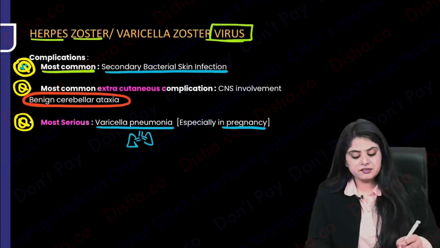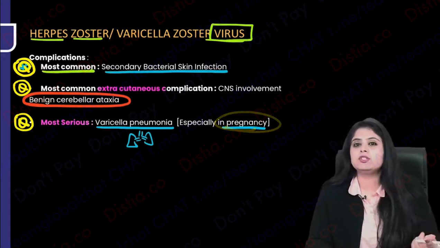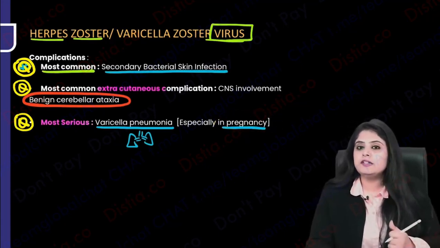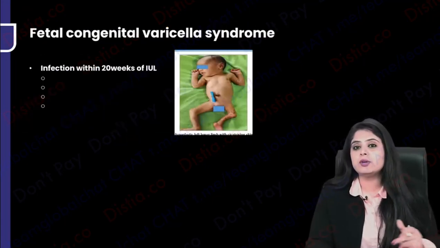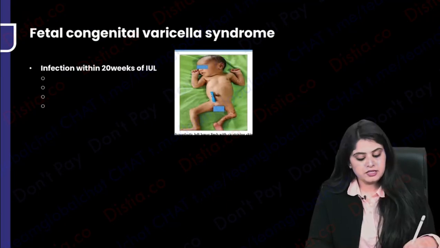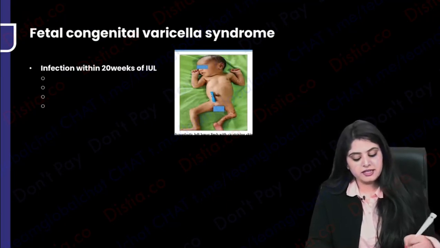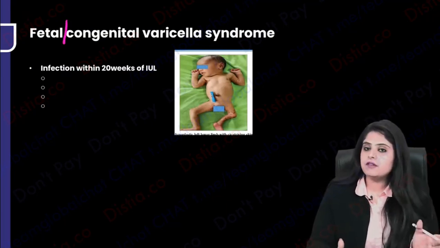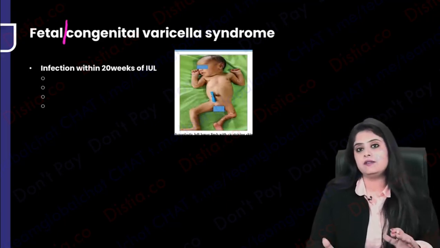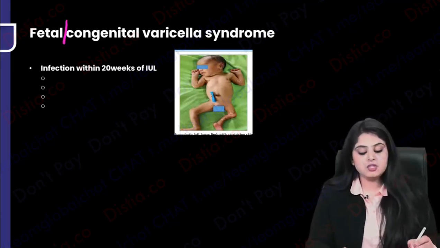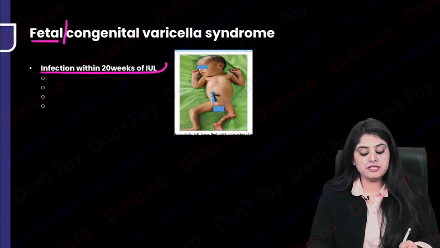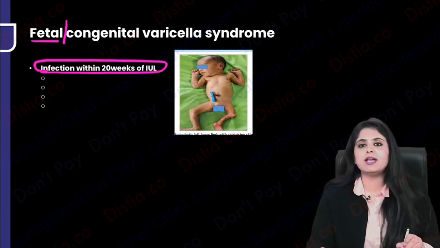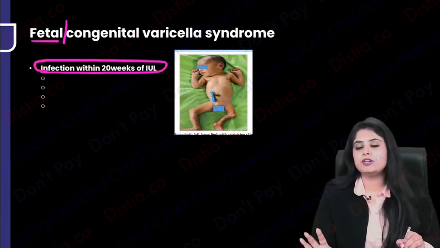Right, I said that this will go from the pregnant lady on to the child also, no? So let's consider the fetal forms also. If it goes to the child, what is the fetus going to have? What is fetal or congenital varicella syndrome? See, there are 2 things. You need to know the difference. There is a fetal varicella syndrome. There is a neonatal varicella syndrome. Fetal means the child was born with it. Born with it, why? Because this infection occurred within less than 20 weeks of intrauterine life. In the first trimester the mother was already infected. In the first trimester, she has given the disease to the kid.